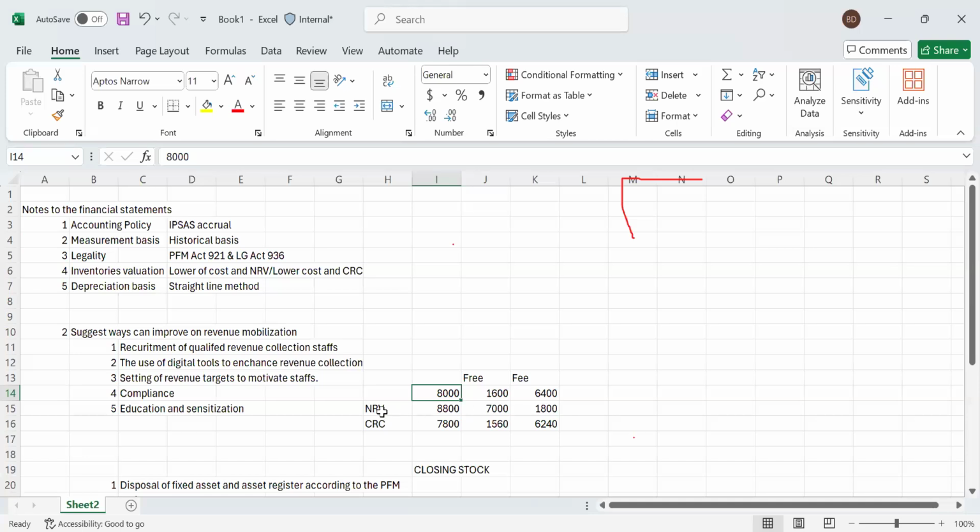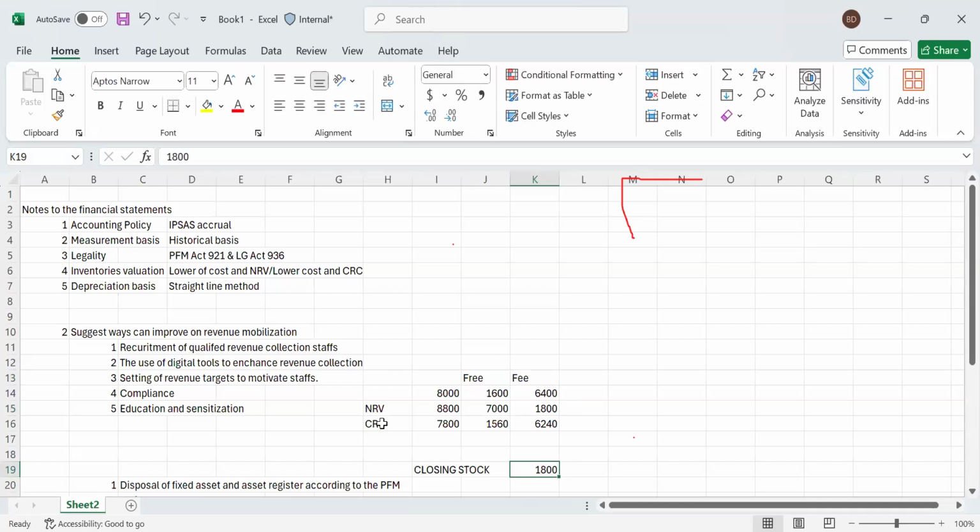Yes. No, I'm talking about the net realizable value. Net realizable value has nothing to do with the free one. So we'll be looking at the one that comes at a fee, because it means we'll sell it. So this one is actually out. Do you understand? Yes. So what's the lower between this and the cost? This is the cost. Sorry, this is the cost rather. What's the difference between the two? Sorry, which one is the lower? The 1800. Great, 1,800.